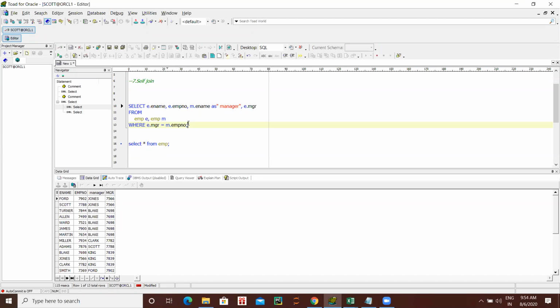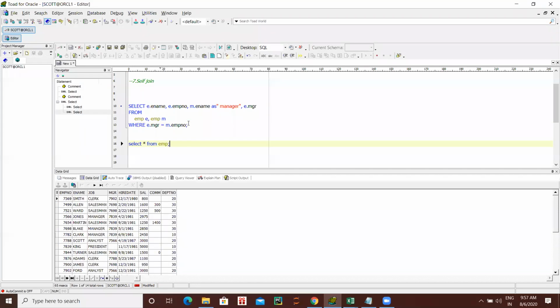Self join means we are taking the same table, but we give different alias names to identify which column comes from which table. We are giving aliases E and M, but the tables are the same. So this is nothing but your self join. Clear?